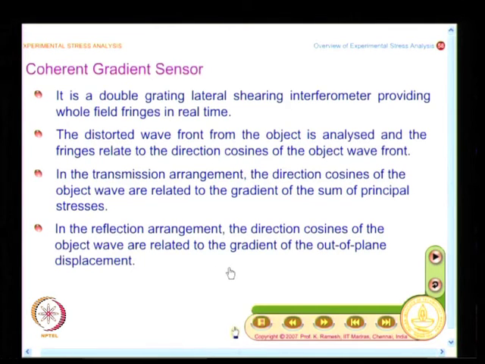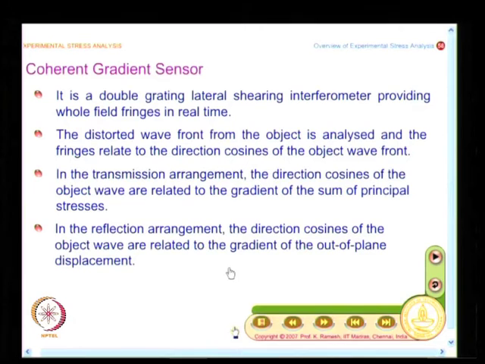So, we have seen very similar parallel information when we were looking at holography. What we said was, I can find out essentially out of plane displacement, and in fact, when I want to combine photoelasticity and holography, I exploit the feature of holography to measure the change in thickness because of Poisson ratio, that is related to the sum of principal stresses that we had looked at. So, they go together: when I have out of plane displacement, its relation to in plane problems could be related to sigma 1 plus sigma 2.